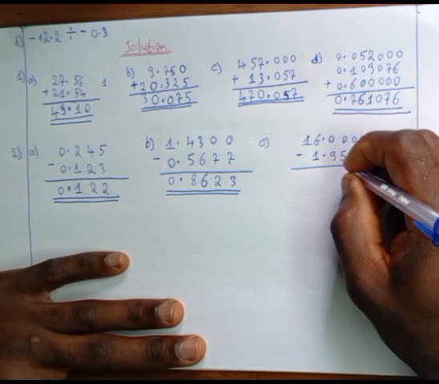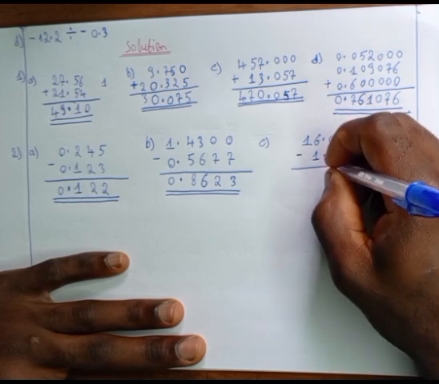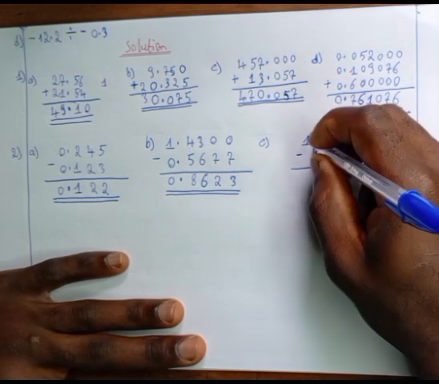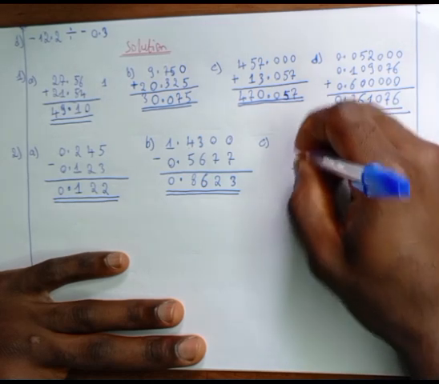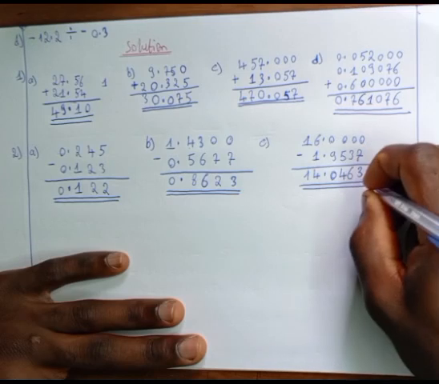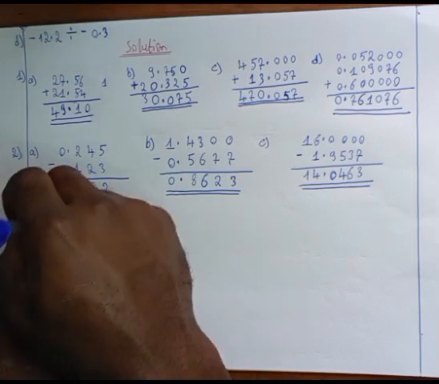9 minus 3 gives us 6. 9 minus 5 gives us 4. 9 minus 9 gives us 0. We bring down the decimal point. 5 minus 1 gives 4. 1 minus nothing remains 1. So the answer will be 14.0463. For question D,